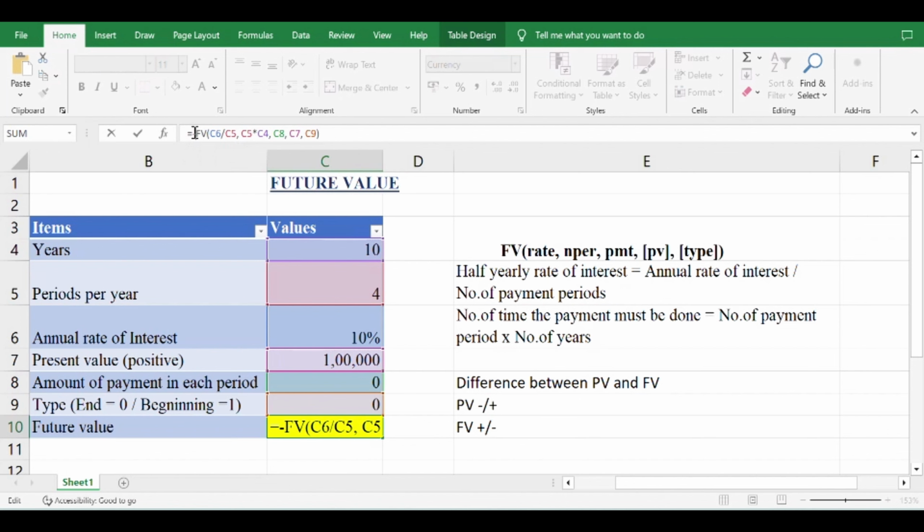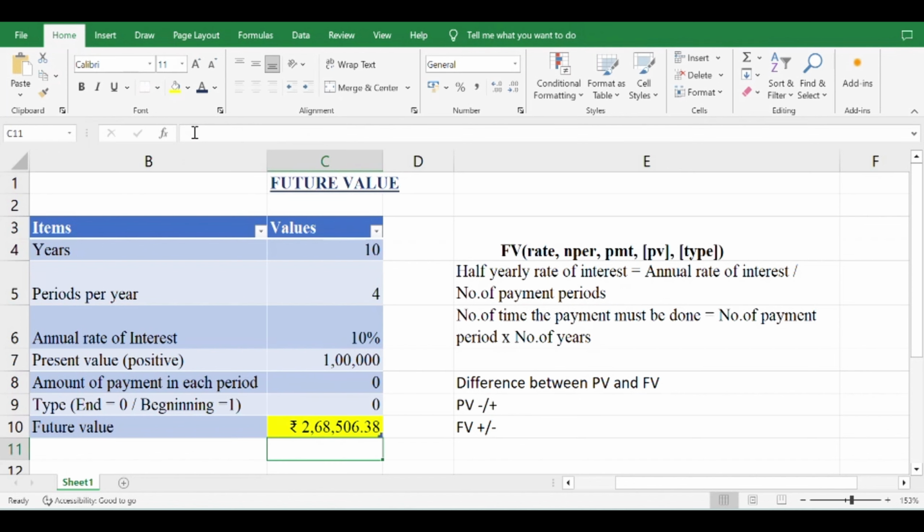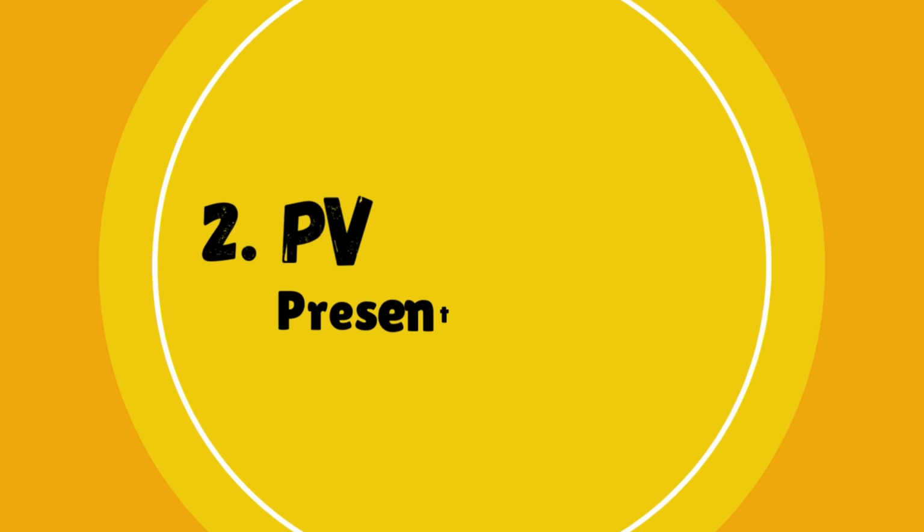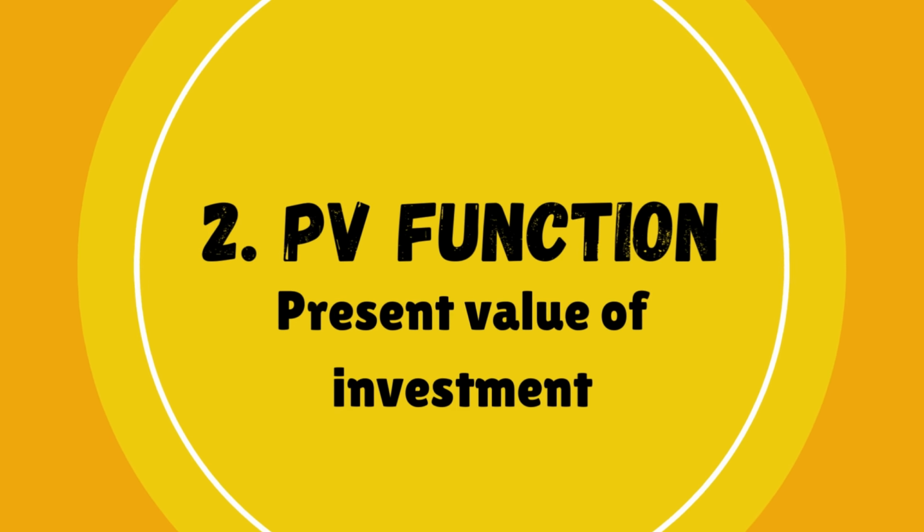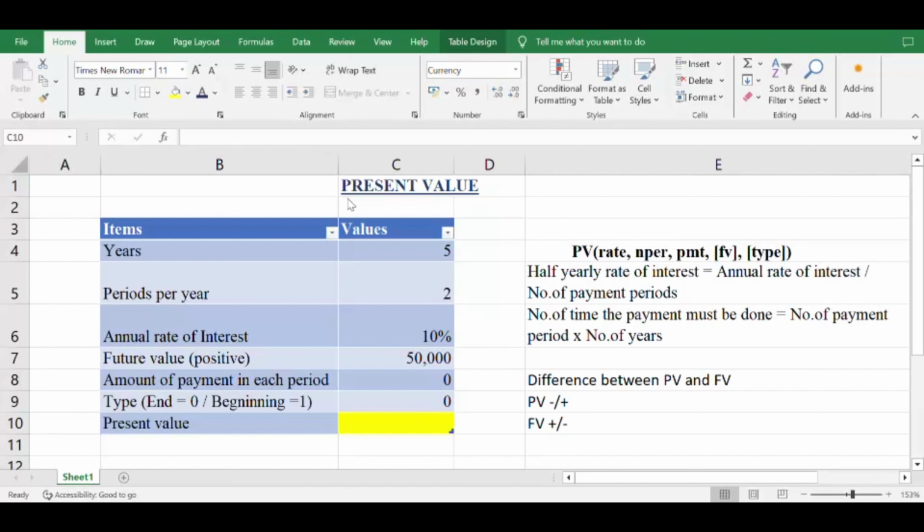To make the value positive in the formula, we have to add a negative sign after the is equal to sign, and ta-da, you get the positive future value of your investment. Next, we'll go with the PV function, which shows you the present value of your investment with regards to